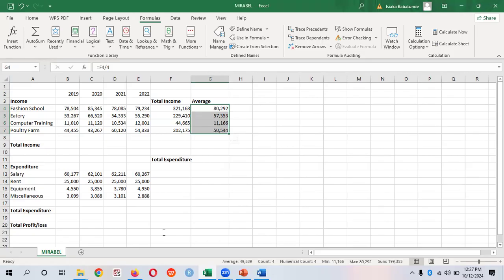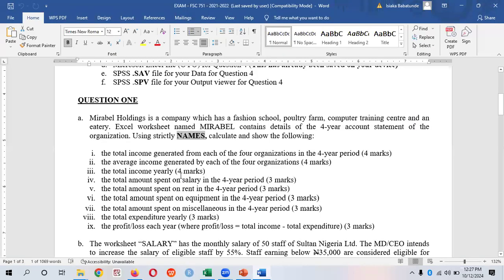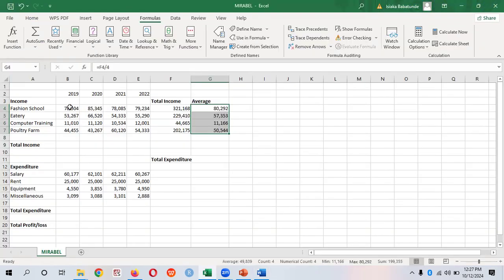Back to the question. Next question is question 3. Total income yearly. Now, I want to find how much the company generated yearly on these 4 organizations. So what do we do? Let's go to the Excel. You can see that in 2019, the company generated 78,000 from fashion school, E3 53,000, computer 11,000, poultry 44,000. To find the amount of money the company generated